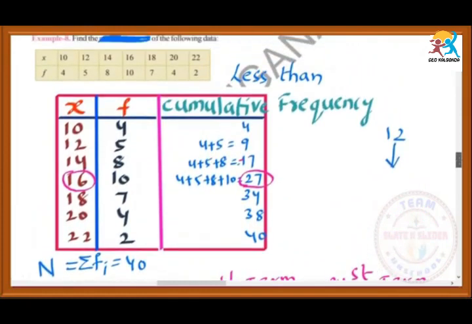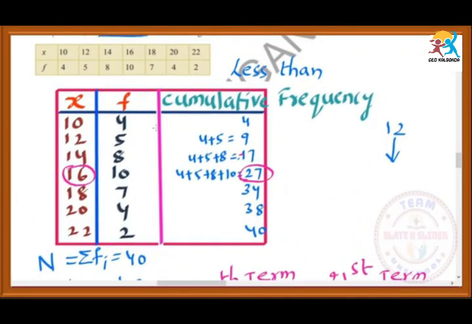Previous question, just observe. If you write all these values together, it takes much time to write. The frequency of 10 is 4. What does it mean? 10 should be written 4 times: 10, 10, 10, 10. Next, 12, 5 times. After 10, write 12, 12, 12, 12, like that 5 times. And 14 should be written 8 times. So the total time took more than 10 minutes to write. We have to write the question itself, and after that, we have to find the answer. To avoid that time taking, we have to tabulate it. That means we convert the raw data into a frequency distribution table. Like this we will get. Okay, and like this we can find the median, and we will find the mode.